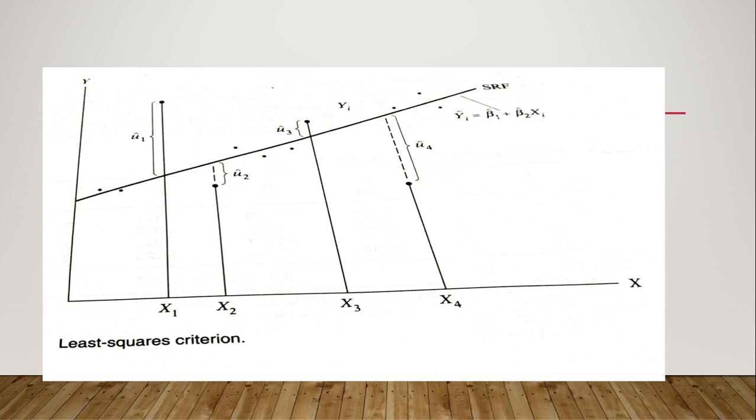However, you can see that when we add all these residuals together, the sum can be 0 or a value which is very close to 0, because we have some positive u values and some negative u values. So when we add all these together, in some situations the sum will be 0 or very close to 0, even though the actual y values are far away from the estimated y values. The actual y values are scattered away from the sample regression function.